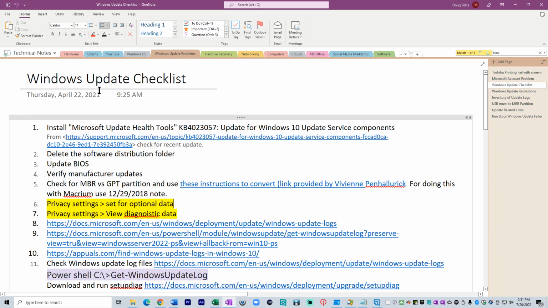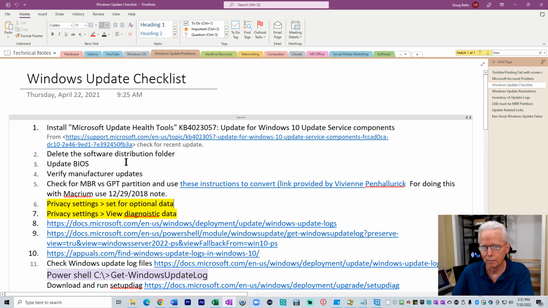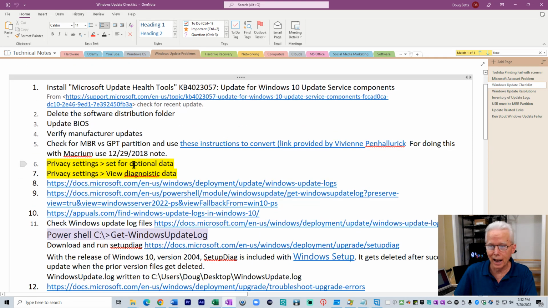However, I went and looked at my OneNote document, and this particular solution is not in here. So I'm going to have to add it in here, and I'll probably type it in towards the end of this video. I'm not going to type it yet because I don't want to give away the solution yet. I want to show a little bit of the technical stuff about the log files that Ken